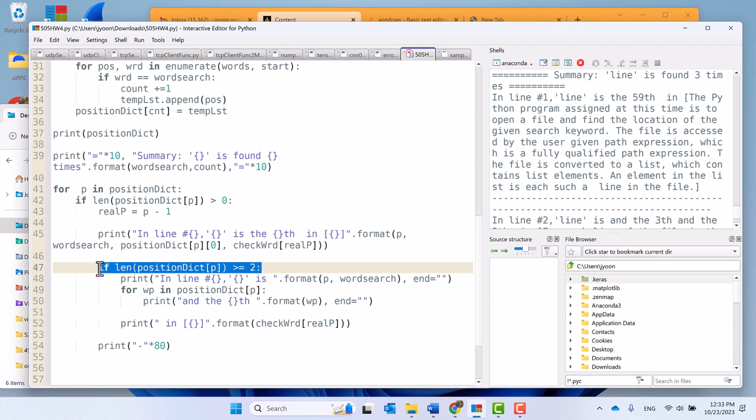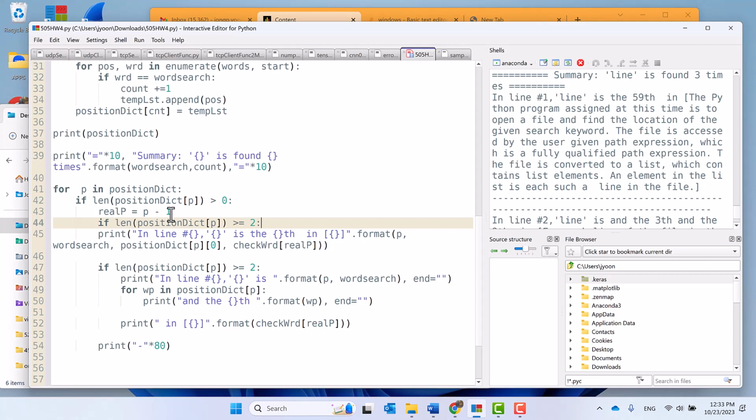This is a little bit messy. Let's say this is the same as before, so we need to fix from here. Anyway, a little bit messy, but